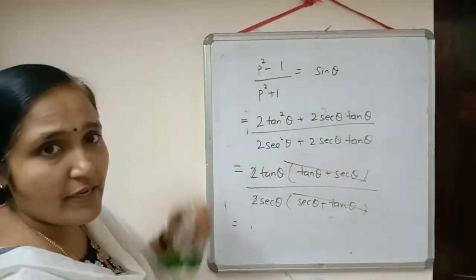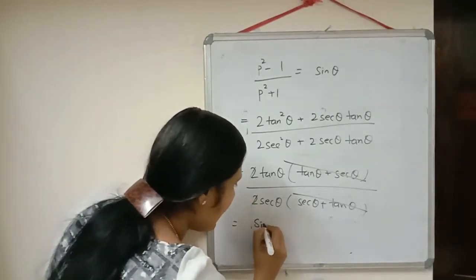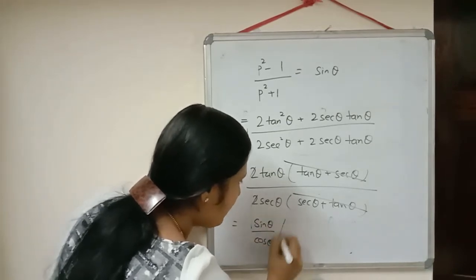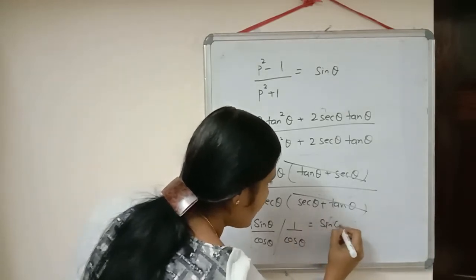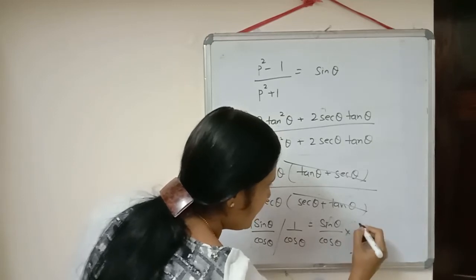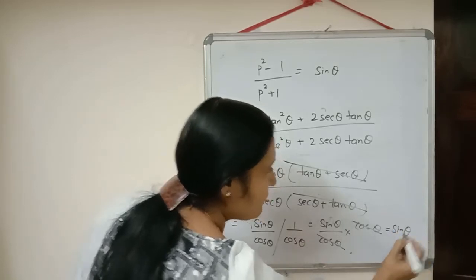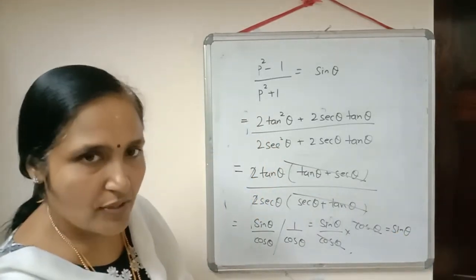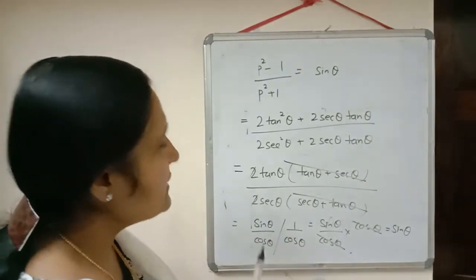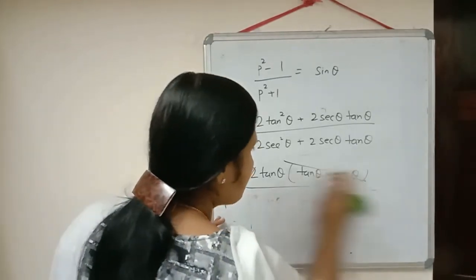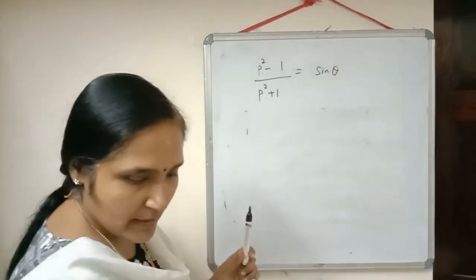And since we need the proof in terms of sin theta, now we will check how we can change it there. Tan theta can be written as sin theta by cos theta, sec theta can be written as 1 by cos theta. Now we will change it in terms of multiplication. Then it will be equal to into cos theta. Cos theta and cos theta will get cancelled. We will get the proof is equal to sin theta. So in this way also you can do without changing in terms of sin and cos. So in this way, if it is difficult for you, then first what you can do, you can change it in terms of sin and cos. So I am explaining you that method also.